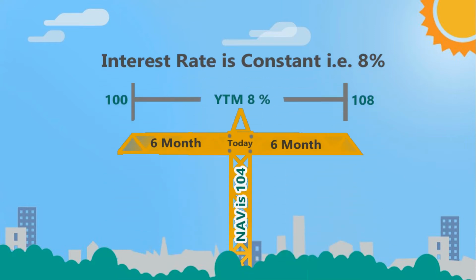First scenario being where the interest rate is constant and does not change throughout the duration of the fund. Let us assume that the fund has an AUM of 1 crore and the interest rate is 8% for 1 year. 6 months have passed and the value of the instrument is Rs 104, which means there is an appreciation of Rs 4. Now since the interest rate does not fluctuate, the YTM remains the same and there won't be any